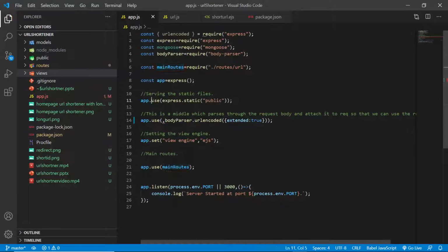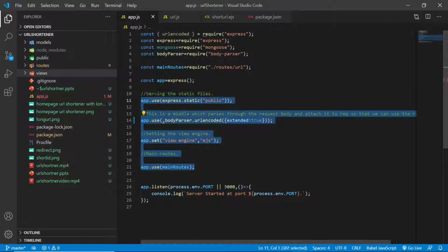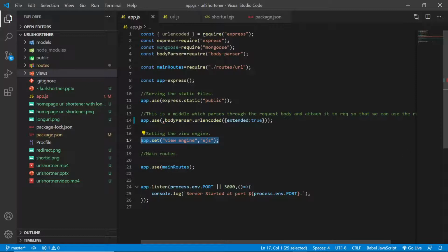That means these three middleware will be running irrespective of which particular route, the /home route or any route. This is for setting the view engine.